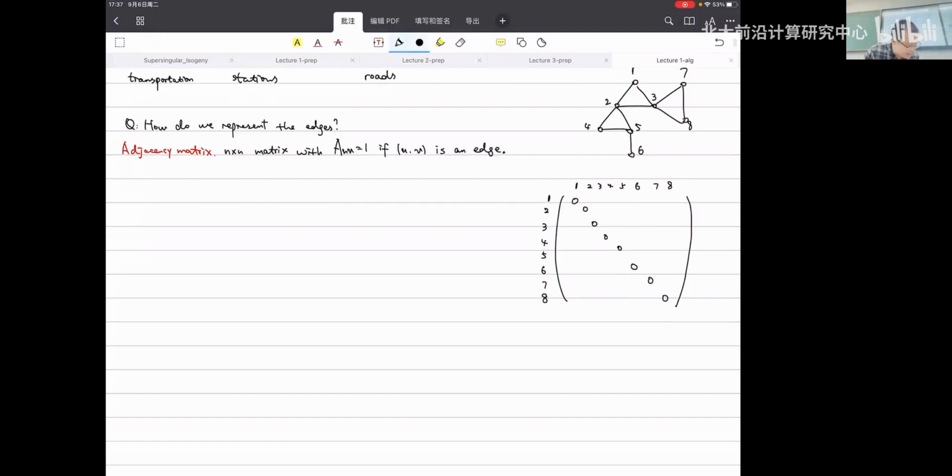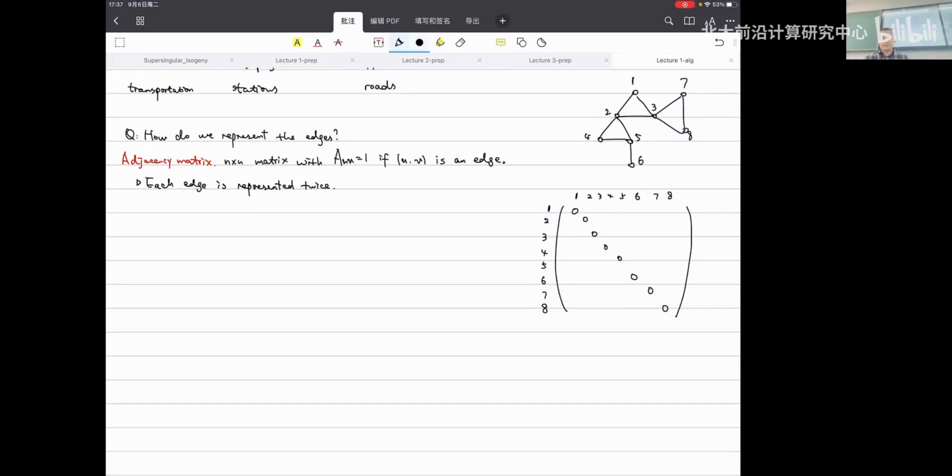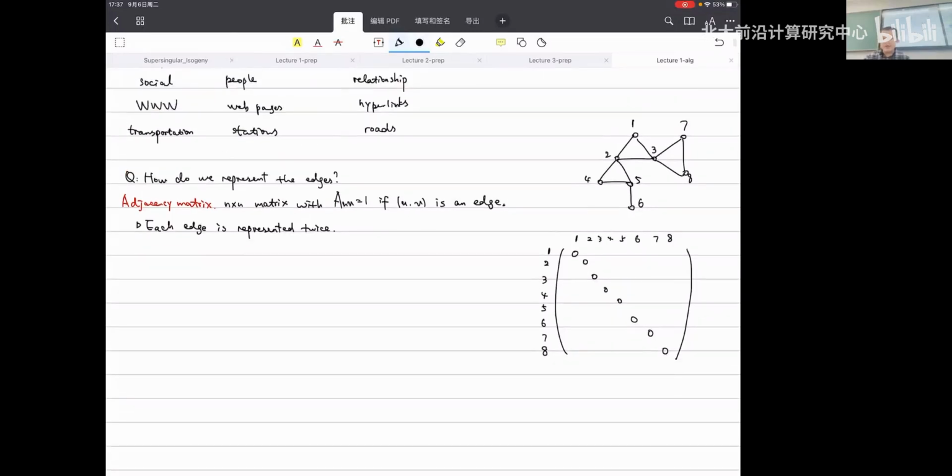So I think the first thing we notice is that each edge is actually represented twice. For instance, we know that there is an edge between 1 and 2. In this matrix, A_uv equals 1 as long as there is an edge. But this is called an undirected graph because there is no direction. There's no distinction between from 1 to 2 or 2 to 1. In this case, you see in these 2 places, both of them are going to be a 1 here. And similarly, we can mark them carefully.